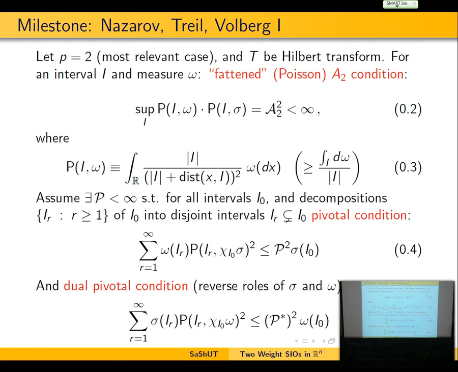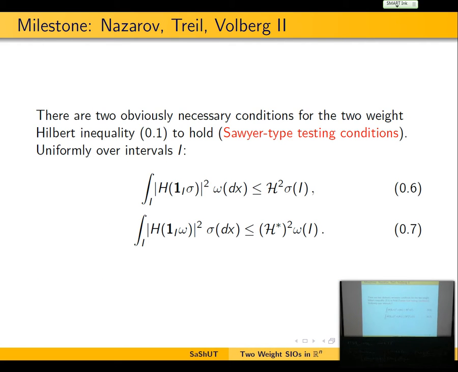And then there are obvious necessary conditions, the so-called testing conditions, or T(1) type conditions, which is basically saying, you want this norm inequality, here I'm writing it for H, the Hilbert transform, to hold for some constant, which I'm calling H, for all functions. Instead of that, the T(1) type approach says it's enough to test over a reduced class of functions, namely, in this case, characteristic functions of intervals. And moreover, you need only to test over the interval itself, I. So the best constant for this reduced class of functions, we call it H. The corresponding dual, we call it H star.